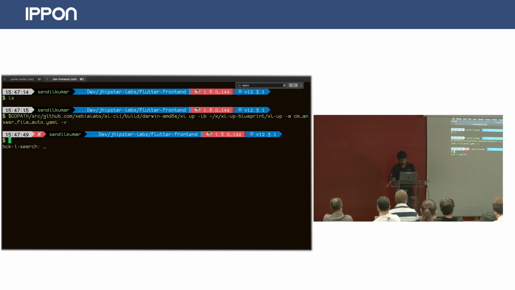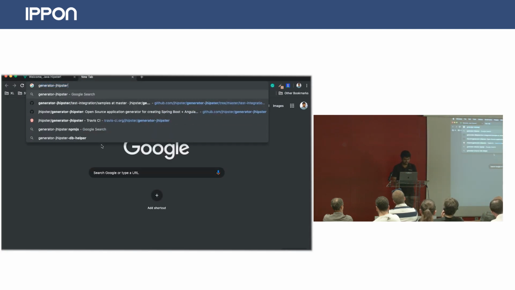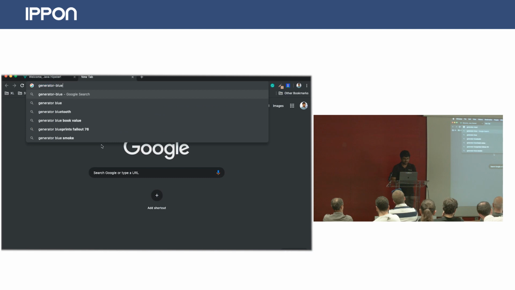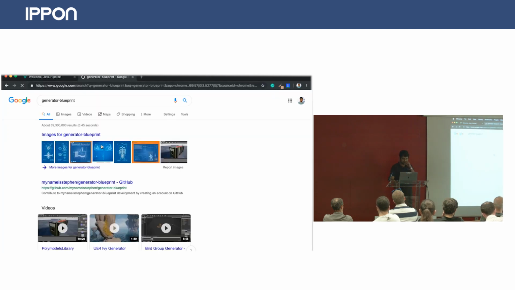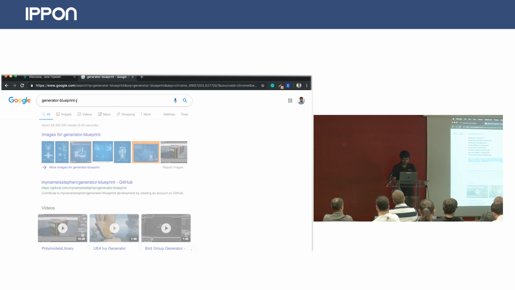Sorry, I forgot the command. Okay, so we have a generator for that. Let me go and search for it. Generator, blueprint. I have to add another keyword here.